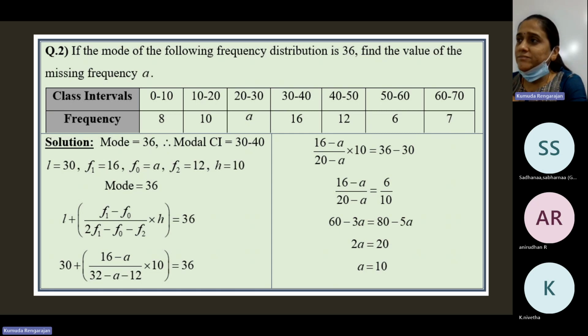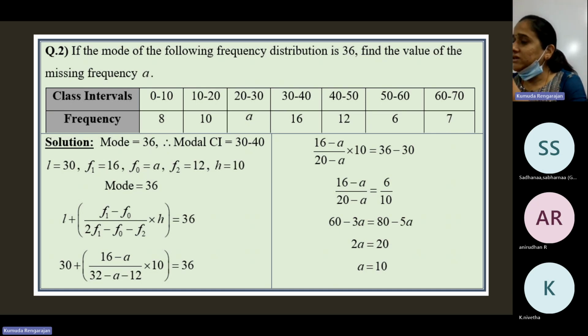For median, one extra column, cumulative frequency column. And the first thing is you need to identify the median class interval using n by 2. Okay. For mode, we need to identify the modal class interval using the highest frequency. Then in all the three,